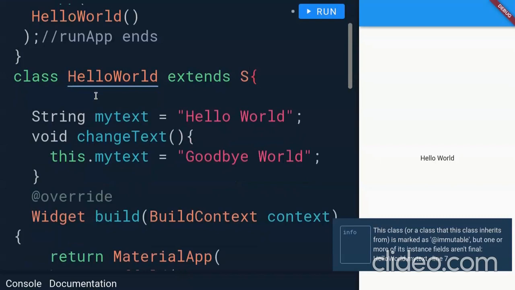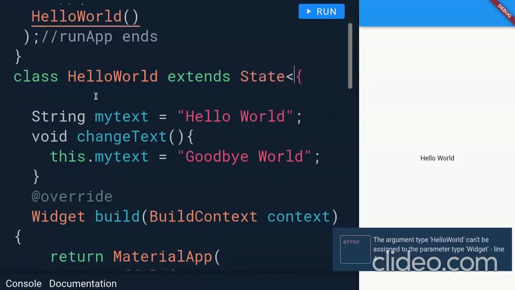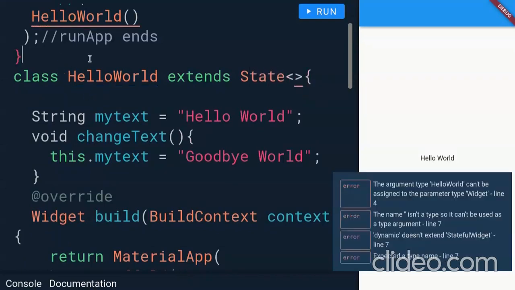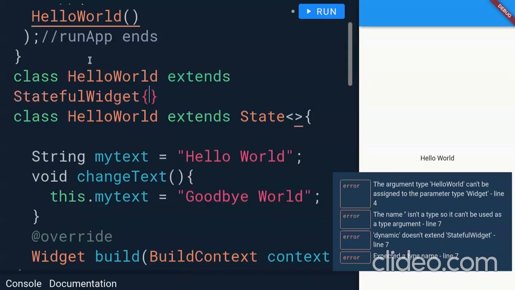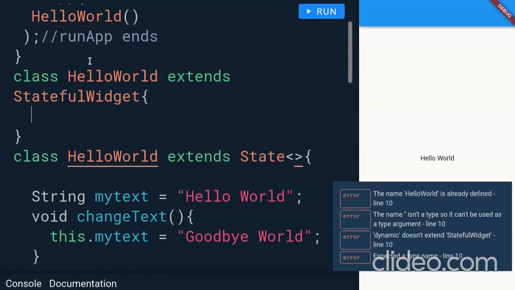Okay, so I will just replace this stateless widget with the state object first. So first I will create a stateful widget, class hello world, extends stateful widget. Now this stateful widget will call a create state function.